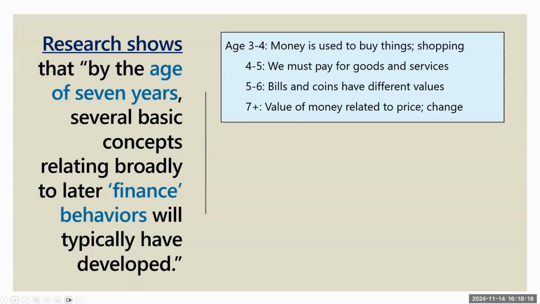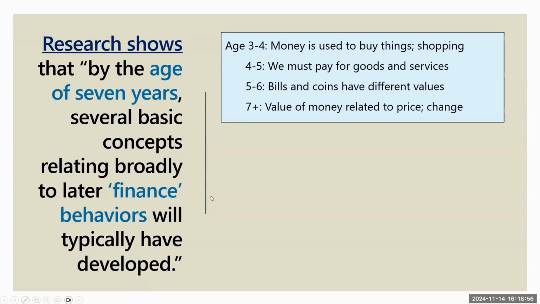And research is showing us that actually, age 7 is where a lot of these concepts related to our financial behaviors will have developed. And so getting them in elementary is actually a really age appropriate time to start talking about money values and saving and spending and things like this. We know just from childhood development, from as early as ages 3 or 4, kids understand the concept of shopping, right? We go to a place, we get things, we give money for it, and we come back with it, right? And we build on that from the age of 3.